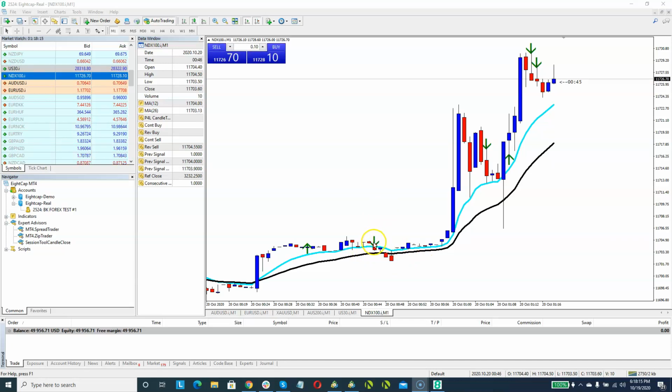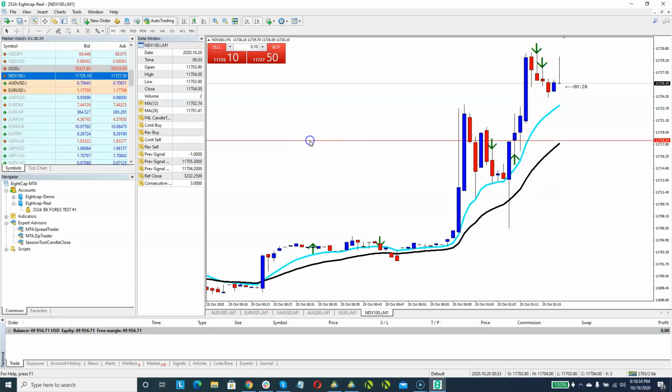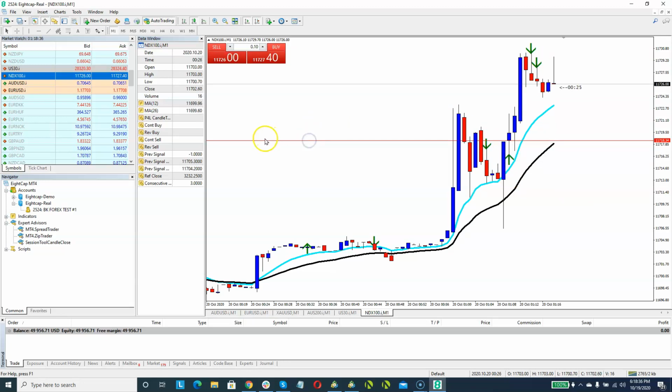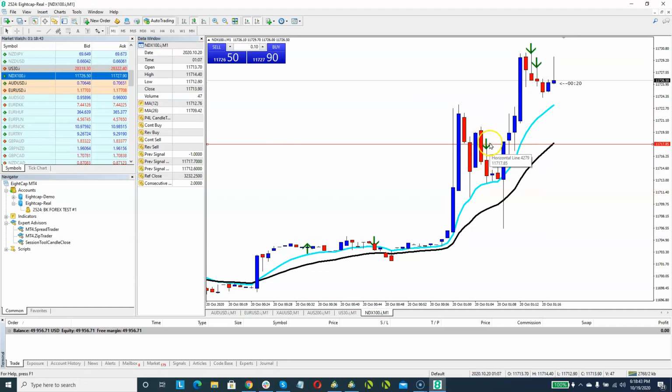First, we have a down arrow like the one marked over here, or perhaps let's take a look at this one. It's a little bit sharper and cleaner because this is the market close, and this is now the new Asia open session. So here we have a down arrow. What we're going to do is measure the high of this down arrow, which is right over here, and put our marker on the high, not the body, of this arrow, which is around